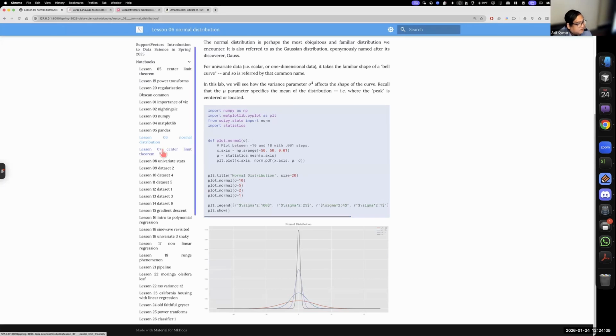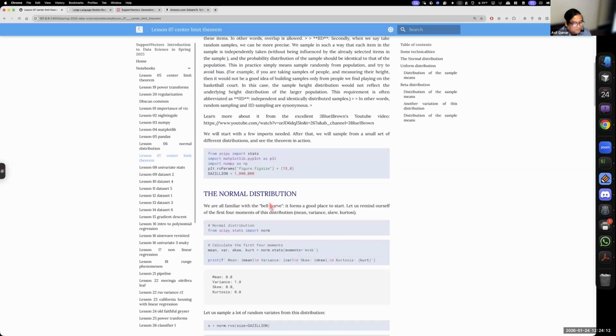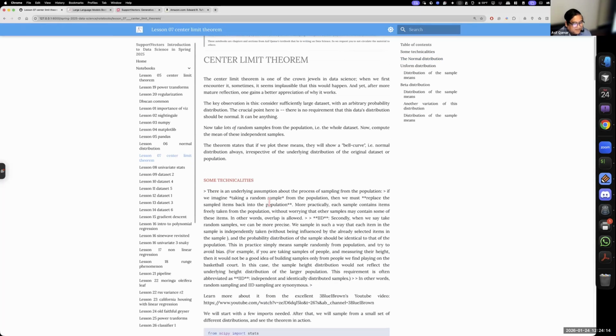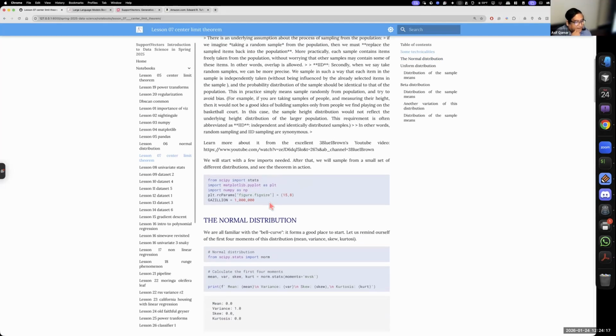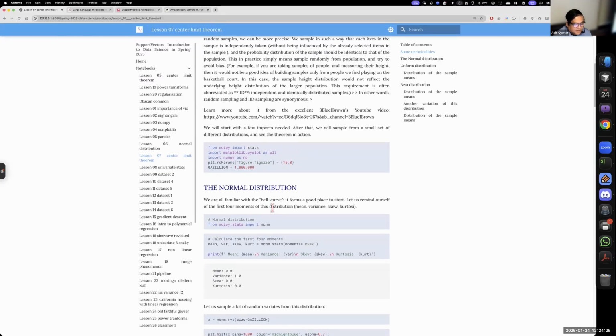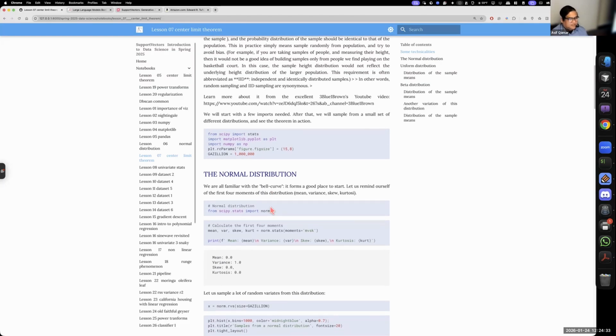Leaving that, there is something beautiful in data science. It's called the central limit theorem. I'll just mention it as this. It says that no matter what your probability distribution of data is, if you sample, right, if you find anything, like let's say that you're trying to find the mean of that distribution, you can take subsamples of the data and you can keep finding the value of that. And what you will find is that all of those things will form a bell curve towards the real mean,